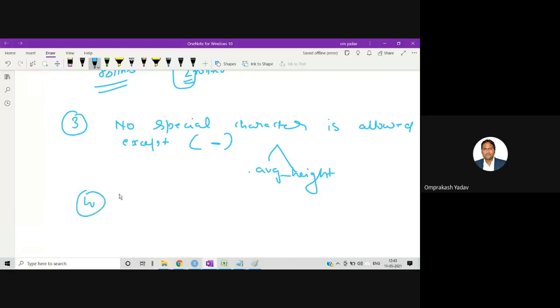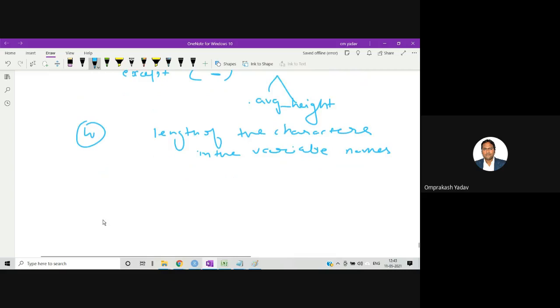Then what about the length of the name of the variable, the number of characters in the variable names? You can have as many characters as possible, but we don't give a much bigger variable name, and it depends on the compiler.